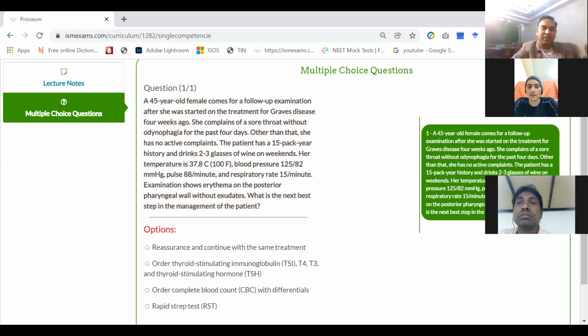But if you see the clinical features, the patient definitely has a fever. Sore throat है, fever है. The patient has normal blood pressure, pulse rate is a little high at 88, and respiratory rate is also okay. So it is not a very severe type of infection. But on examination, there is erythema of the posterior pharyngeal wall without exudate. It means there is a reaction of the posterior pharyngeal wall. It can be because of allergy or bacterial infection or anything.